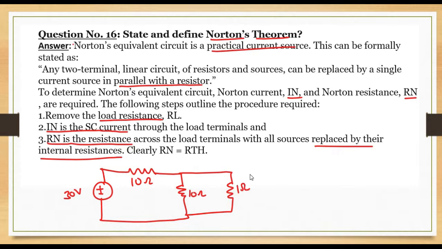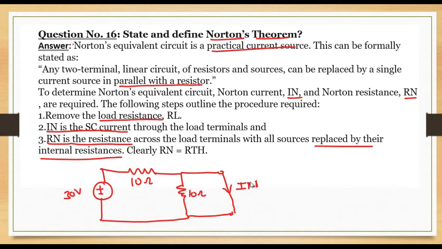And you are asked to find the Norton's equivalent circuit across the 1 ohm resistor. Now, what will be your first step? Your first step is to remove the load resistance RL. Secondly, replace the load resistance by a short circuit. So I am replacing that resistor with a short circuit, and this current will be IN, that is Norton's current